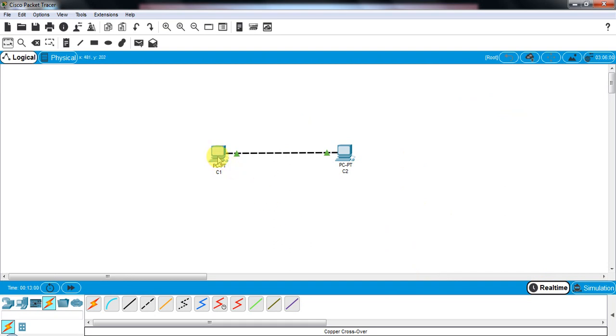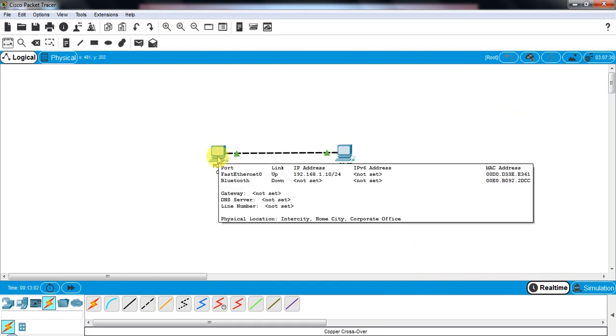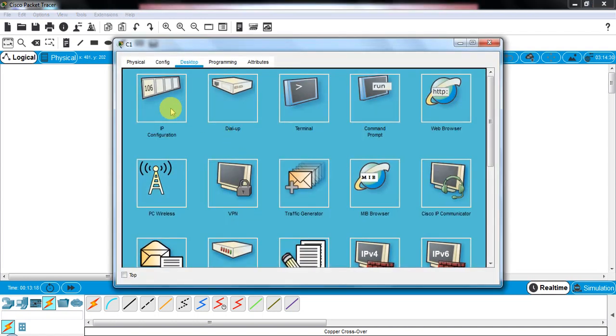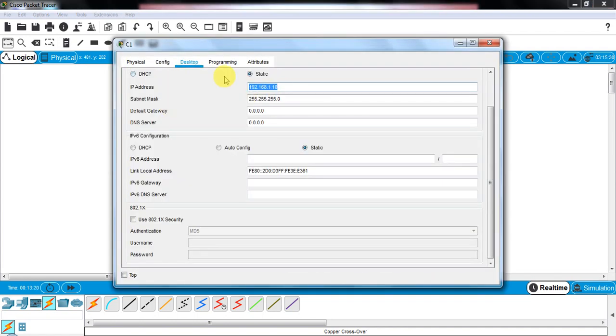Now, as I have said, we need to assign the IP addresses to the computers. So whenever you are assigning the IP addresses, both the IP addresses and subnet masks for both the computers must be valid to form a network. For example, for computer 1, I am assigning an IP address something like this: 10.169.14.50. This is the IP address for C1.